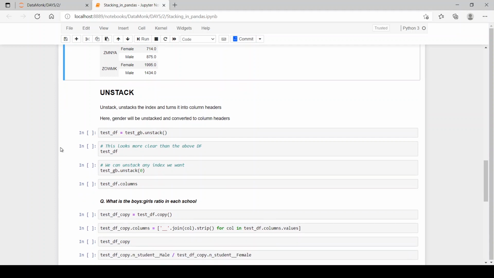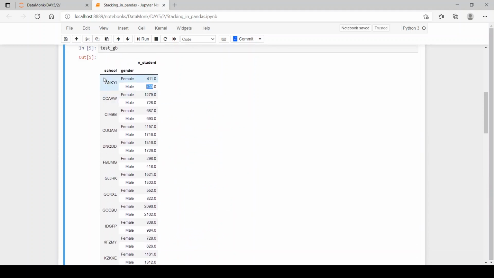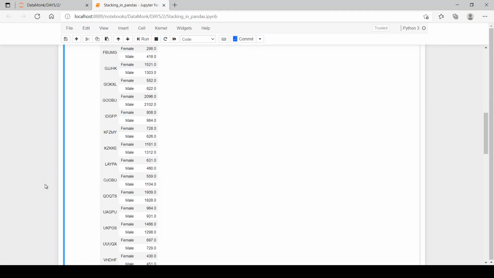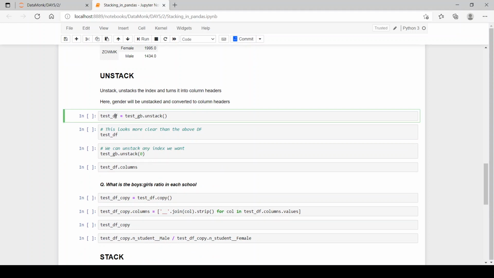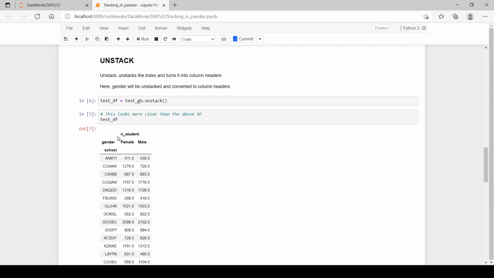Unstack takes the index and turns it into column headers. Now we have school and gender here as indices, but when we run unstack on it, then gender will become the column headers, and we have the indexes as 0, 1, 2, 3. Now let's see what we get. Let's run the function.